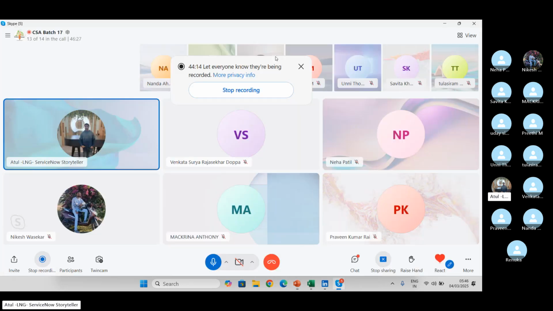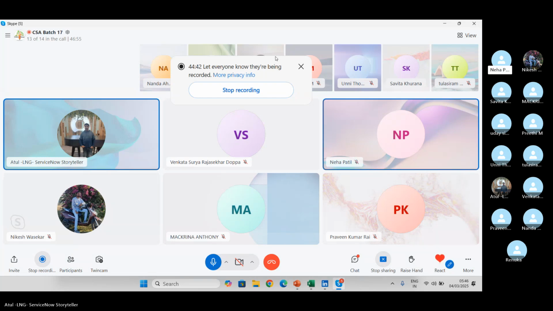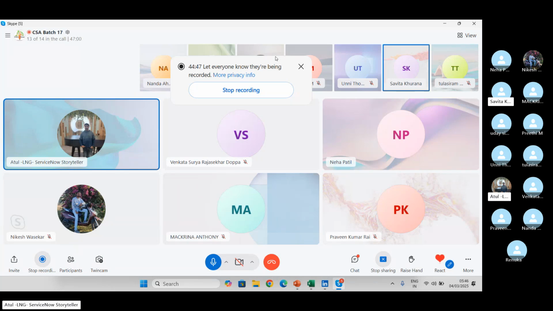Now, before we go to the capabilities part, is anybody using an iPhone? I'm sure that someone is using an iPhone. I heard the ring. Anybody who's using an iPhone? I will say yes or no. Yes. Yes. Which version? 16, 14, 15. Which model are you using? 14. I'm not going to take it from you. Don't worry. 14. It means